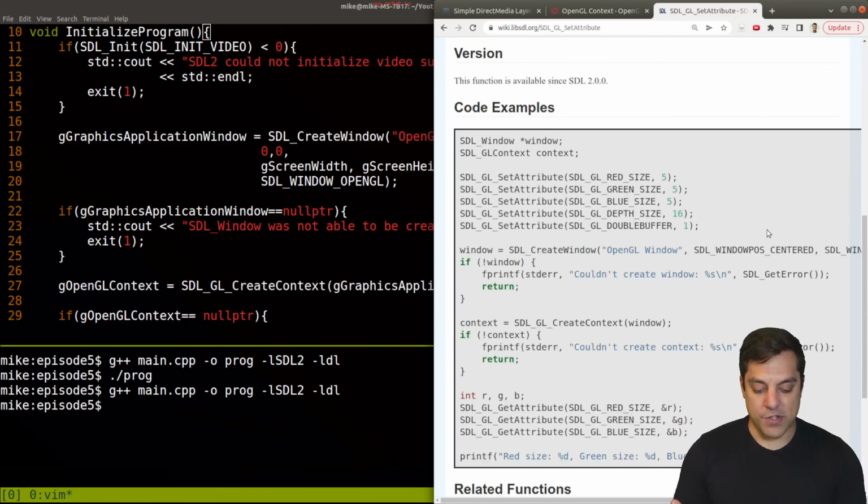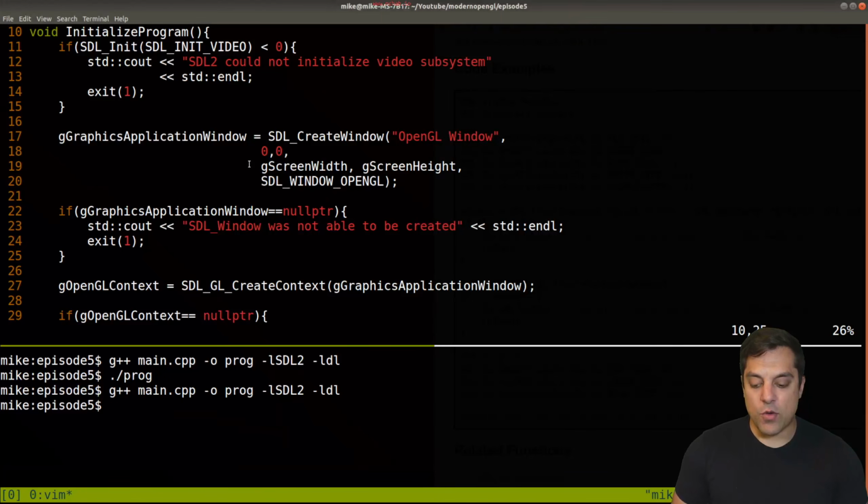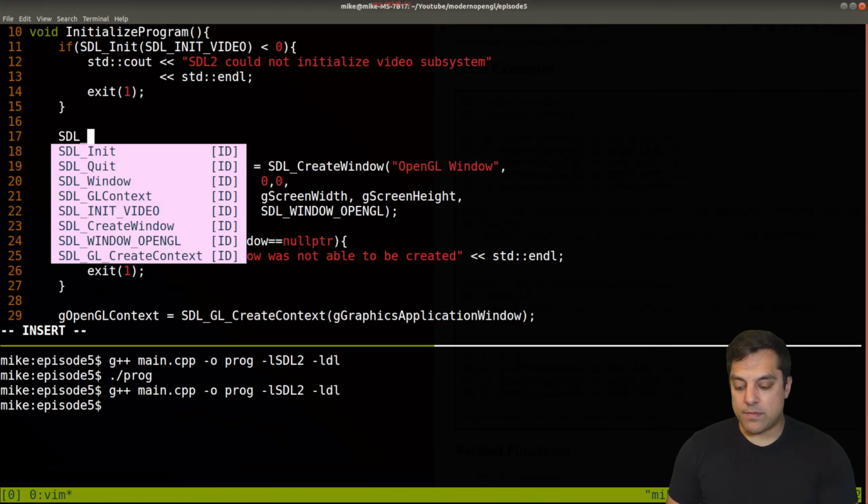So allow me to scroll down here. You can see some of these related to double buffering, the depth buffer size, these sort of things. What I want to do here is set some attributes, and I'm going to do them before I create the window, but after I initialize SDL here,